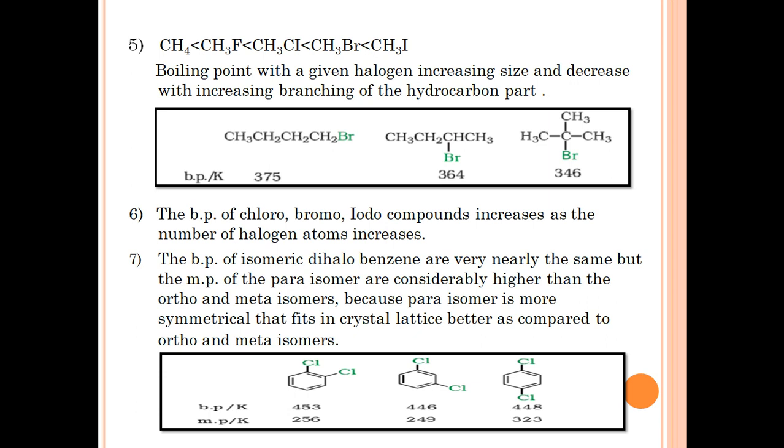If we see CH3CH2CH2CH2Br, its boiling point is 375 Kelvin, and next CH3CH2CHBrCH3, its boiling point is 364, that is lower than normal bromobutane. If we see the third compound, that is